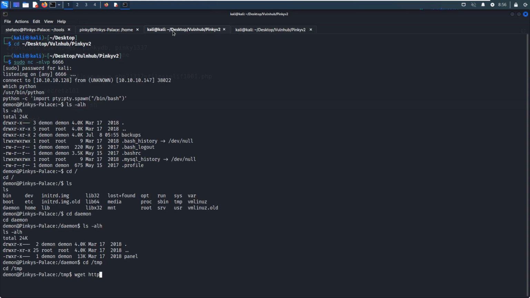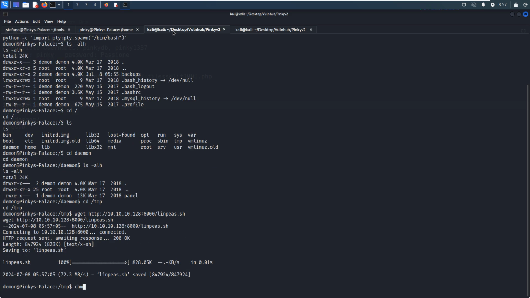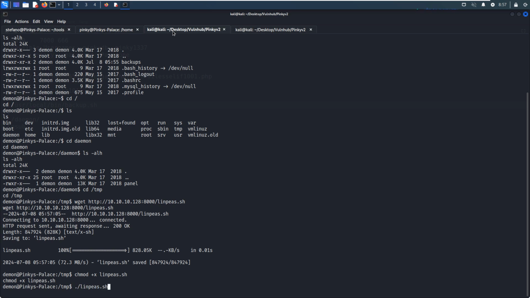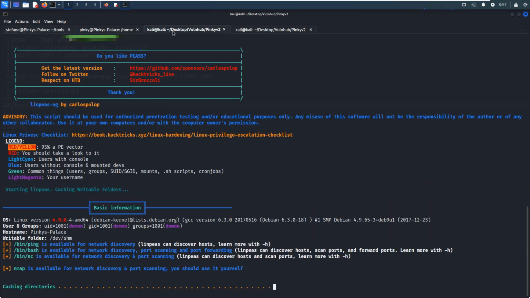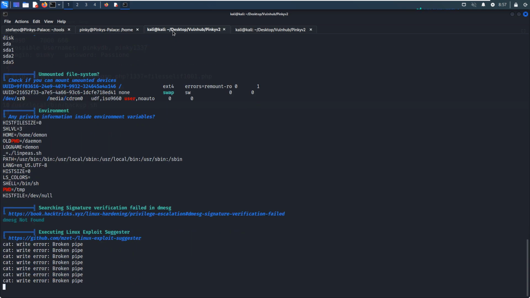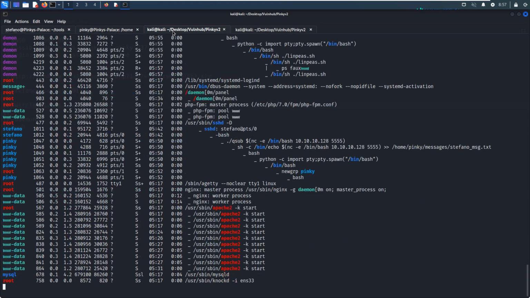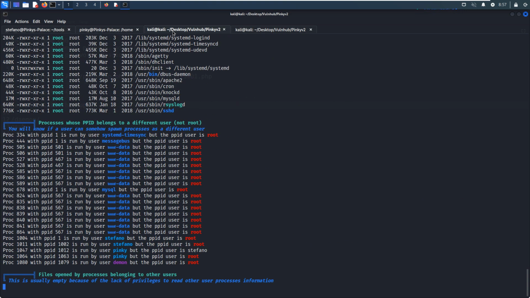We can use wget. It's done, and then we can run it. I hope you can realize the power of the LinPEAS shell script when we deal with a Linux machine, because this shell script can do